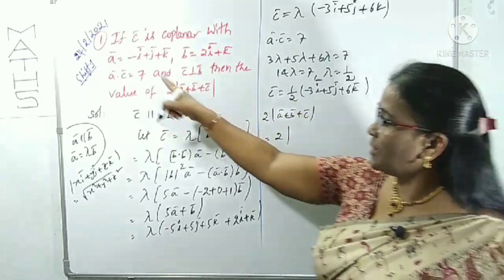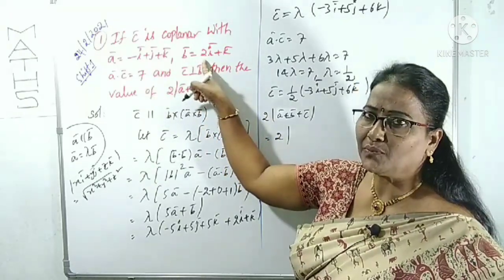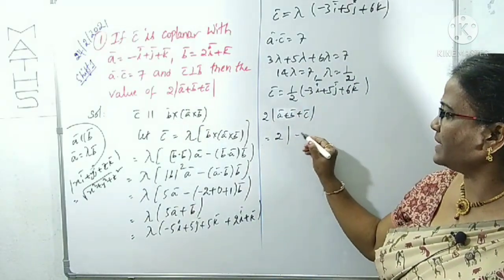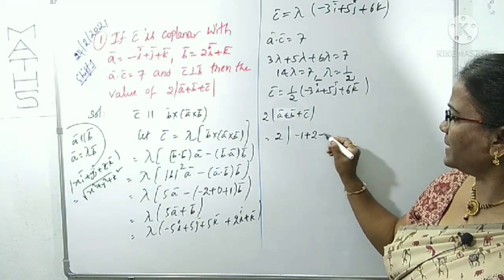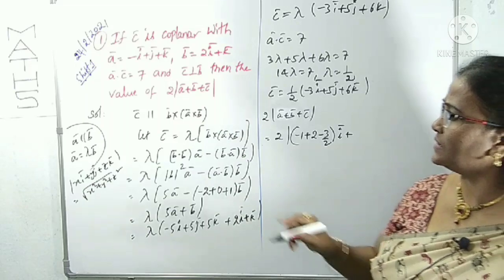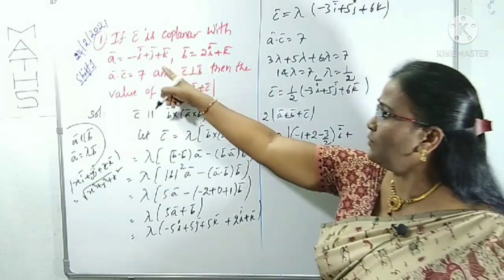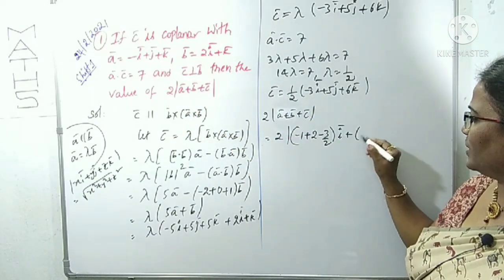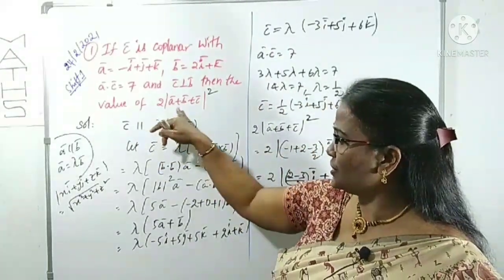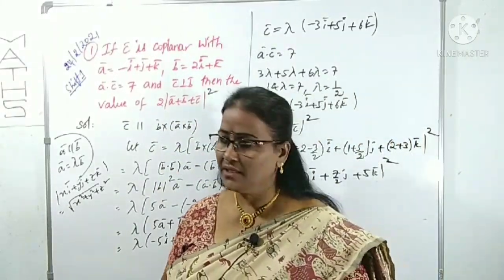A is what here? Minus i, b plus 2i, plus minus 3 by 2 i, that is the i coefficient. Minus 1 plus 2 minus 3 by 2 is the i coefficient, right? Plus the j coefficient, j plus 0 here, j means 1 only, with the plus 5 by 2, 1 plus 5 by 2 into j, right? What about k? Make the correction in the question. Here a plus b plus c whole square, 2 times of mod a plus b plus c whole square is given. I missed the square.